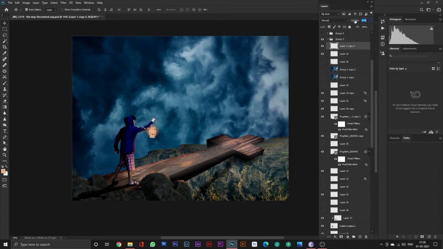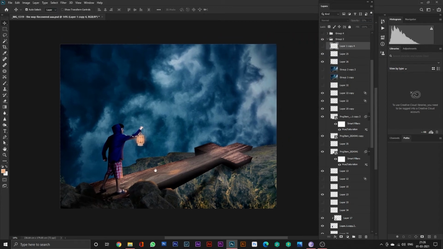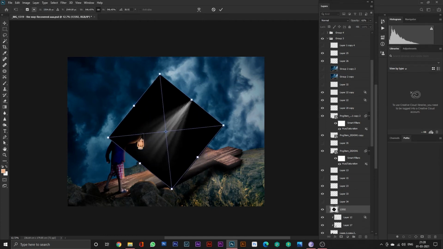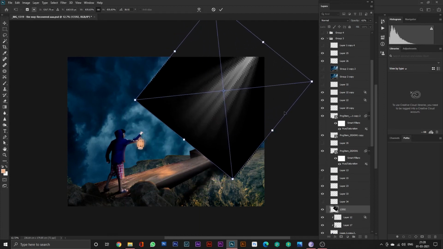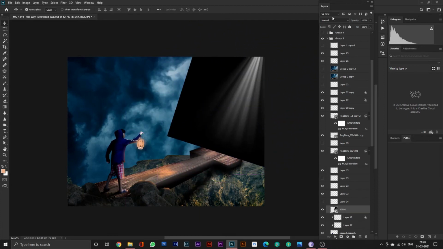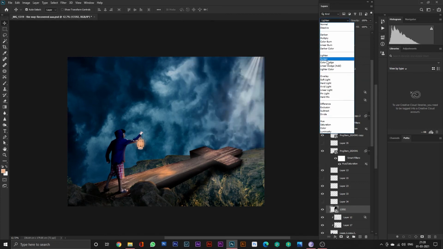So it could show the depth that there is a shadow behind me too, and I am going forward on the cross, the wooden path. Then I set a lighting from the other side of the cross to show that there is a holiness coming from the sky.